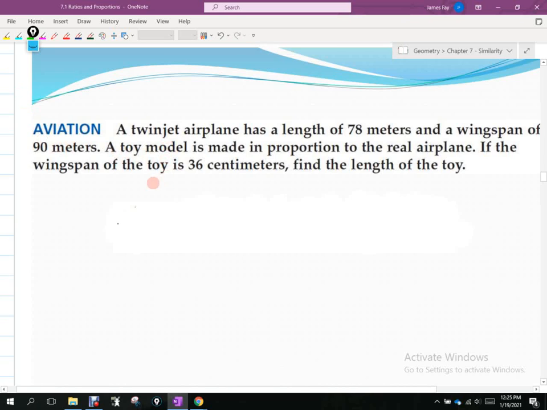Here, they don't tell us that it's 36-to-1 or 2-to-1 or anything like that, but we can figure that out using some of the information they give us. Okay. Now there's several different ways you can do this, but when I set up my proportions, it's totally up to you, but I like to have in my numerators